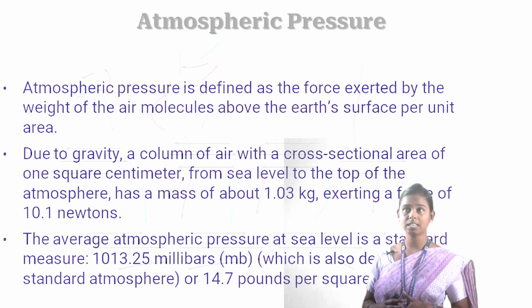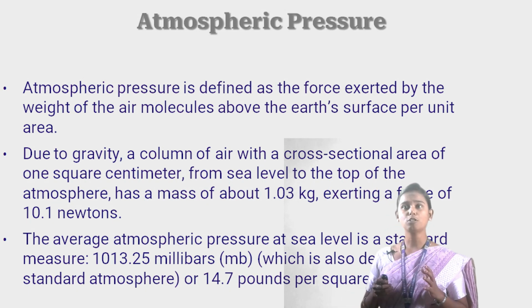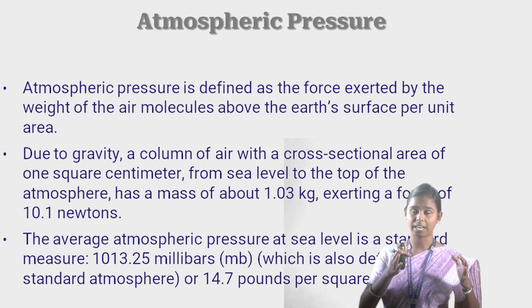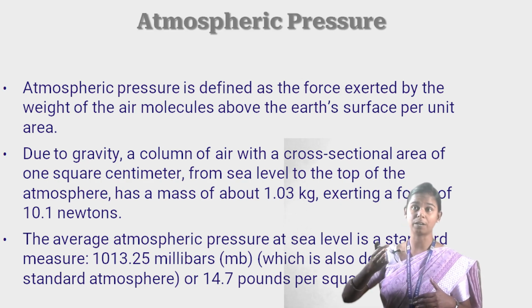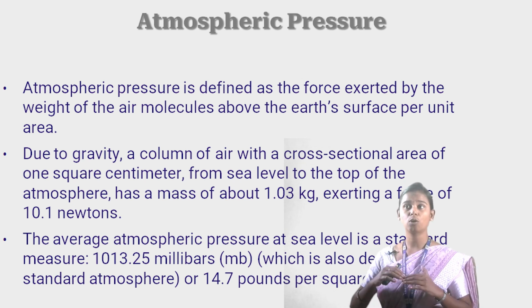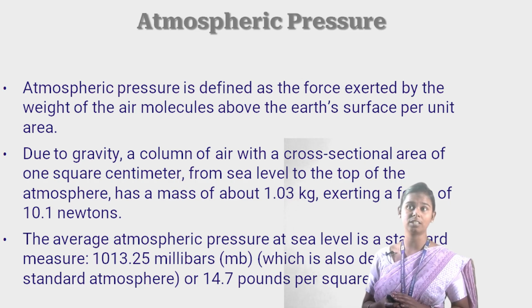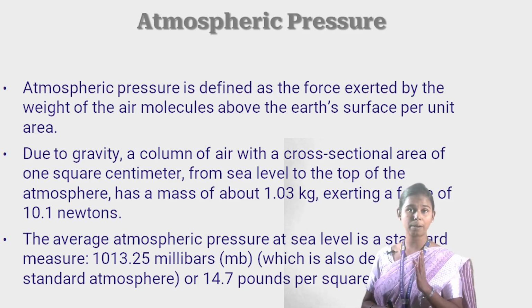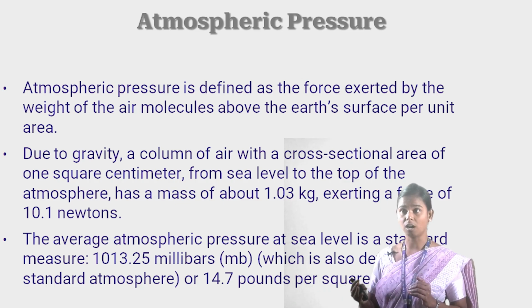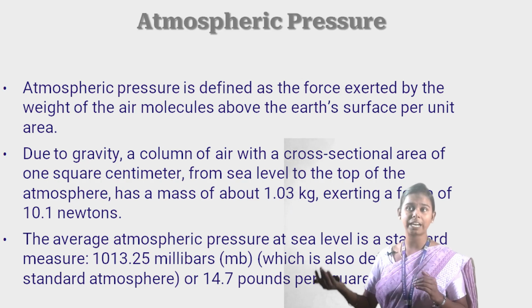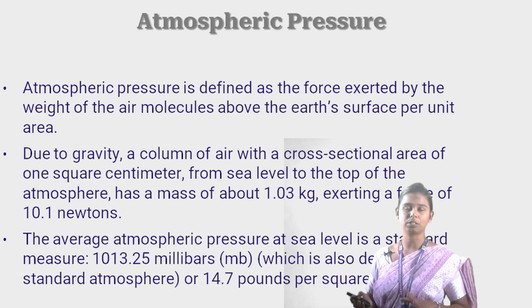Okay, as we can see, next is atmospheric pressure. Atmospheric pressure is defined as the force exerted by the weight of air molecules above the Earth's surface per unit area. Okay, due to gravity, the column of air within a cross-section area of 1 square centimeter from the sea level to the top of the atmosphere has a mass of about 1.03 kilograms, exerting a force of 10.1 newtons. The average atmospheric pressure at sea level is a standard measure,